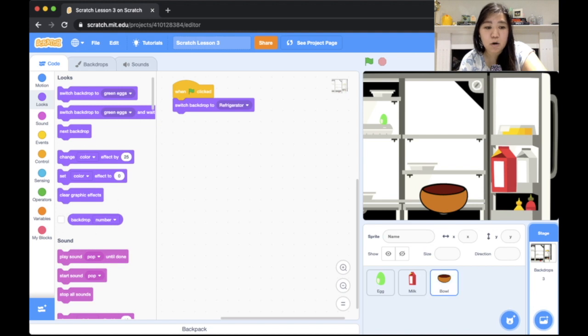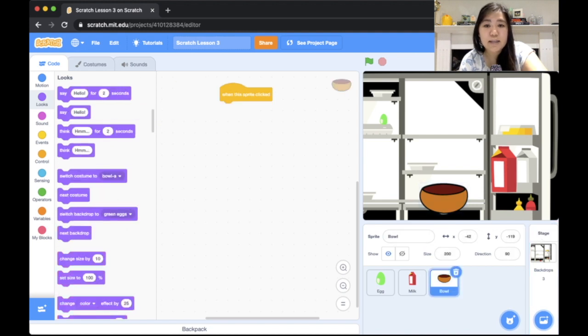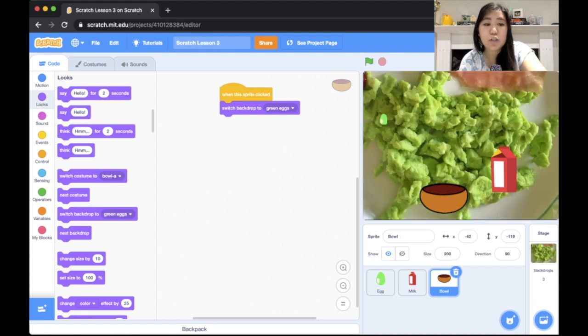We're going to go back to our bowl sprite and set it so that when this bowl is clicked, it will move on to that next backdrop that we just set up, that green scrambled eggs backdrop. So when the sprite is clicked, we'll go to our looks blocks again, and we're going to switch backdrop this time to that green eggs backdrop. So now when I click on this green flag and all of the animations happen, and I want to click on this bowl to finish my baking or cooking, it will turn to this green